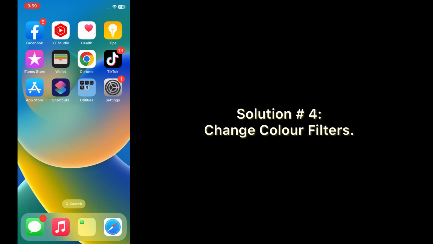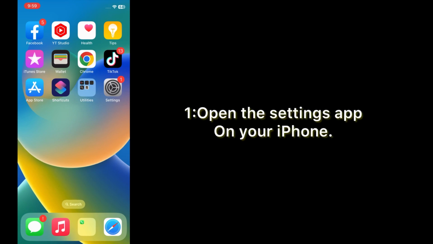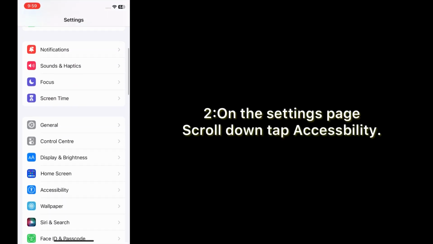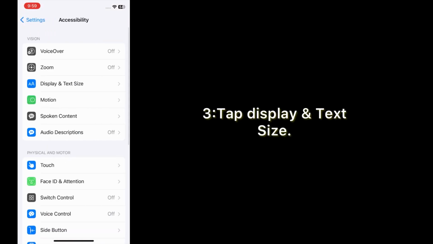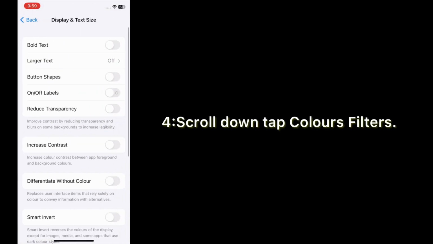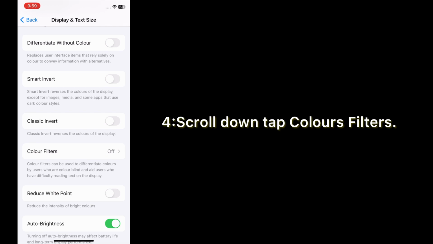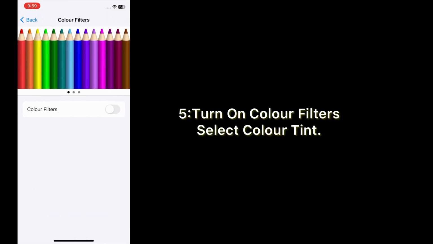Solution number 4. Change color filters. Open the Settings app on your iPhone. On the Settings page, scroll down, tap Accessibility, tap Display and Text Size. Scroll down, tap Color Filters, turn on Color Filters,